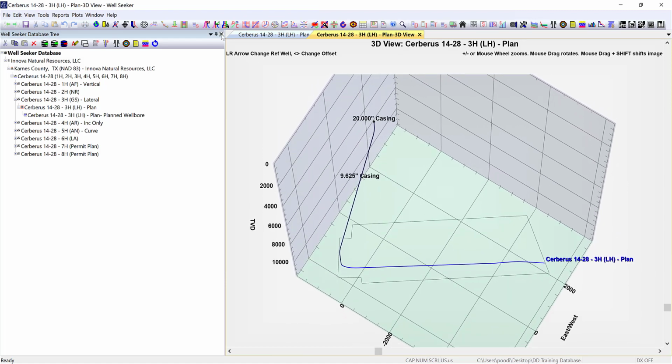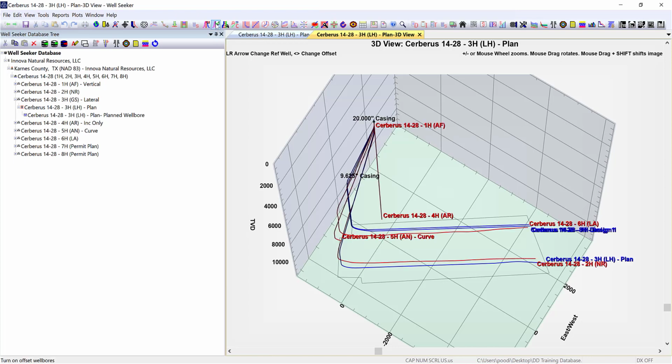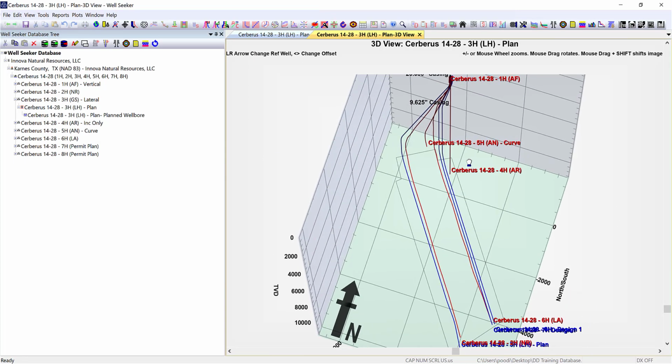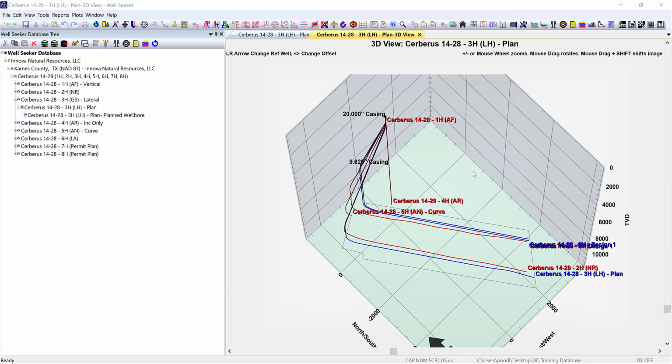But I know I've just selected them. The reason behind that is next to your Select Offsets button, there is an Offsets toggling button. So in this case, I'll select that, and now we can see all of our offsets. Okay, so right now we can see our plan and all our offset wells and plans on the pad, but